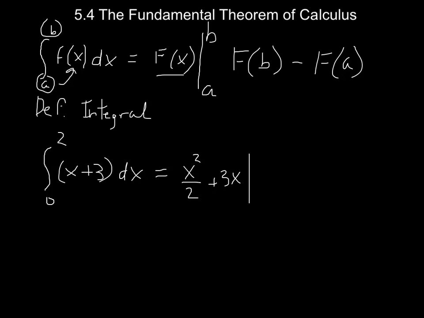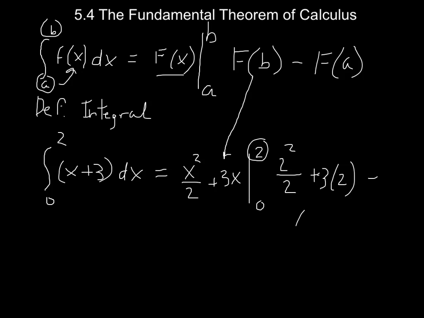And we're going to evaluate that from 0 to 2. So we plug in, this is the part where we're plugging in our b into this function. So f of b is 2 squared divided by 2 plus 3 times 2